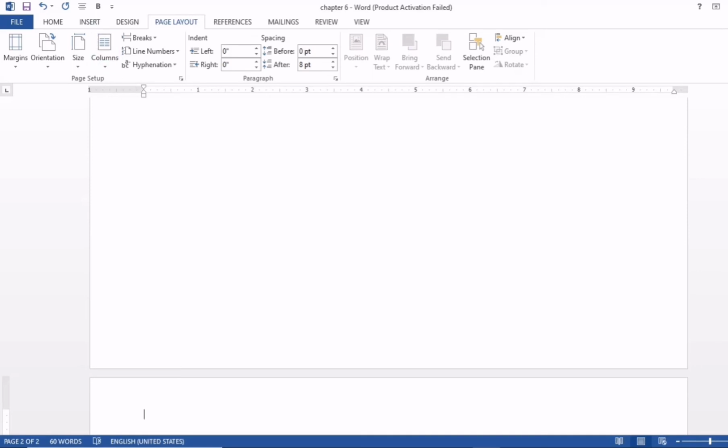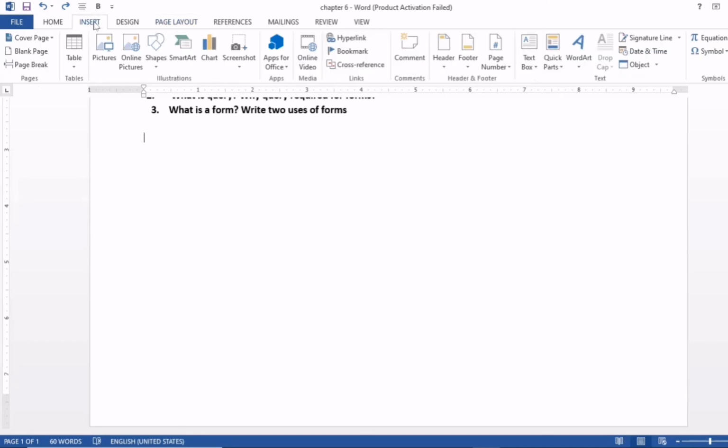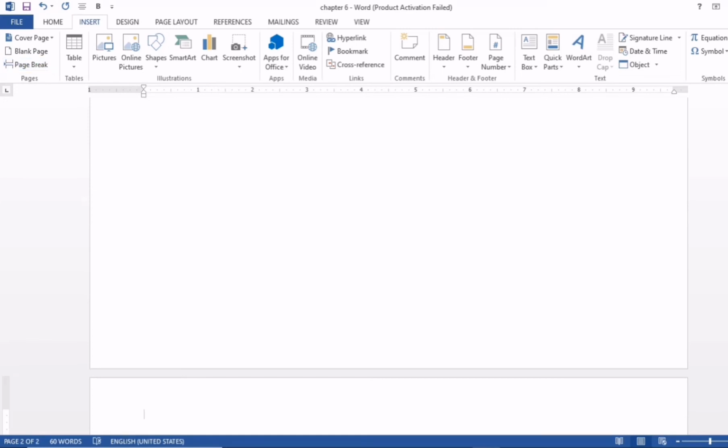This page break is also in the insert tab. If I press Ctrl and Z, this is undone, and if I go to the insert tab, you can see page break here. Again, if I click here, you can see the second page appears. These are both the same, but the first one is in the page layout tab and the second is in the insert tab.